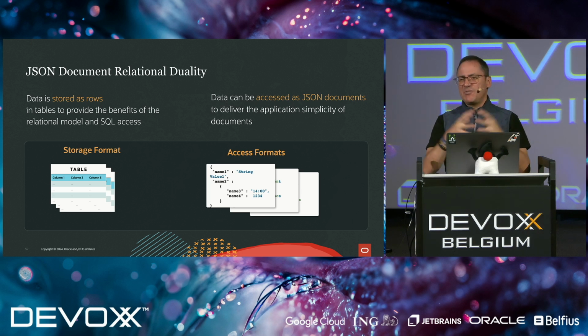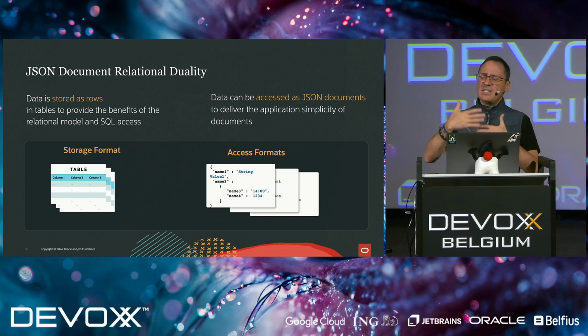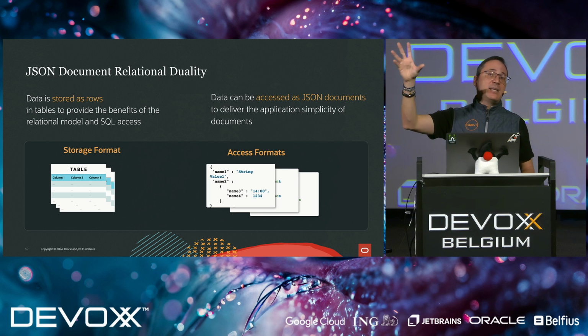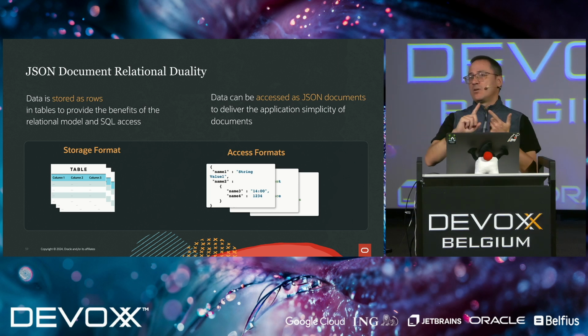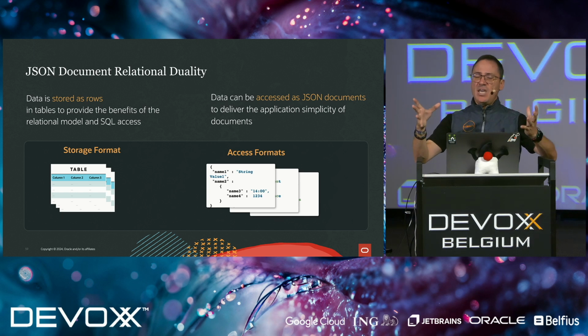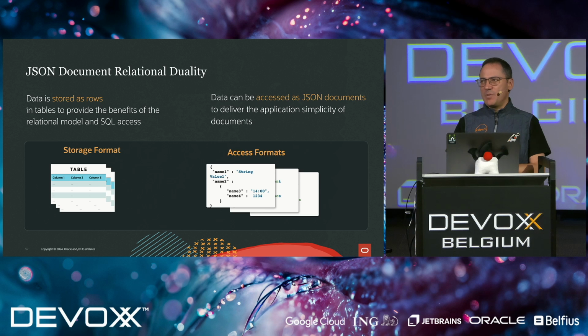If you were to say, Andres, what are you talking about? Reading relational data and exposing a document is quite a simple task to do. Everybody can do this. Yes, obviously. But what if you take a document as an input and you want to insert, update, or delete the data? Someone has to be responsible for deconstructing the JSON document into the relational world so that we can do a proper insert, a SQL update, or SQL delete, and then magic happens. So who will be the one responsible for doing the mapping?